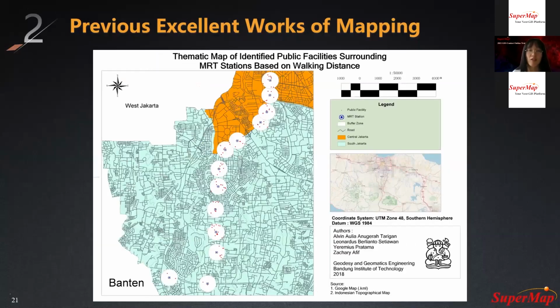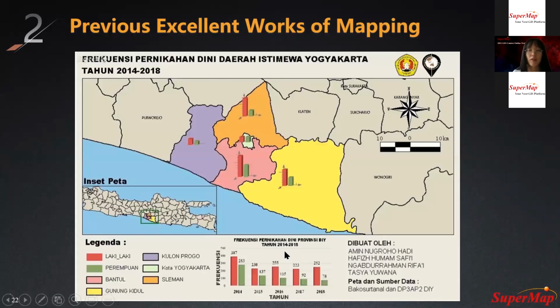He used white buffer zones to highlight the transportation stations and surrounding public facilities, which is what he is interested in, so that those white buffers help us to find the most important message from this map. And this map combines the base map with an analysis chart, so it's much easier for readers to read.